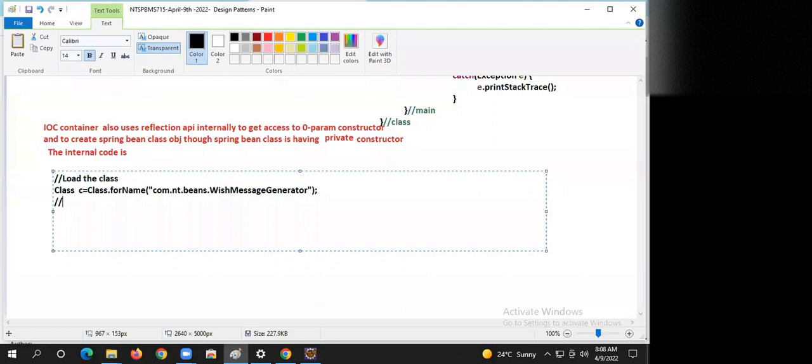Next, get access to the constructors of the loaded class. Constructor cons[] = c.getDeclaredConstructors();